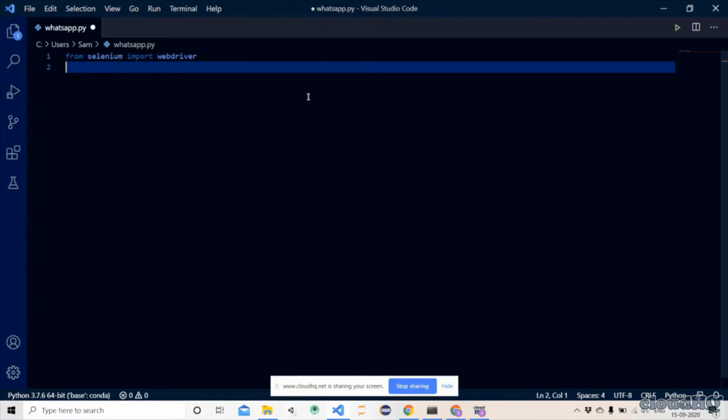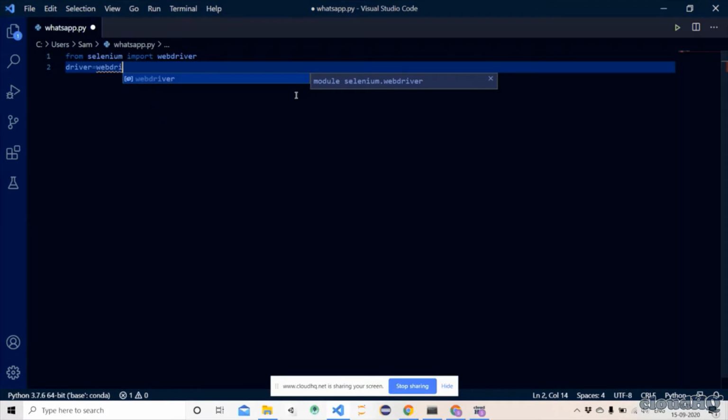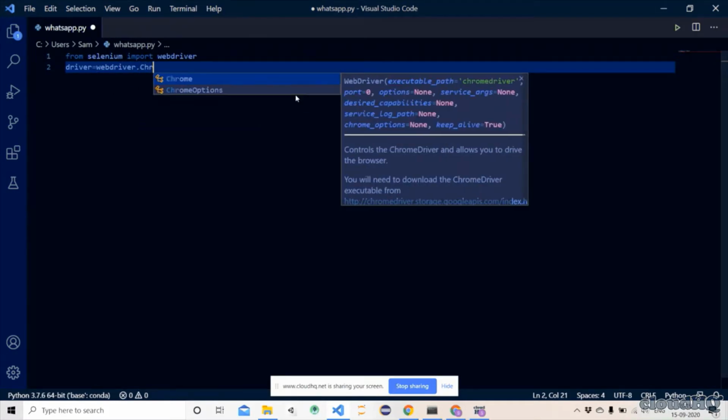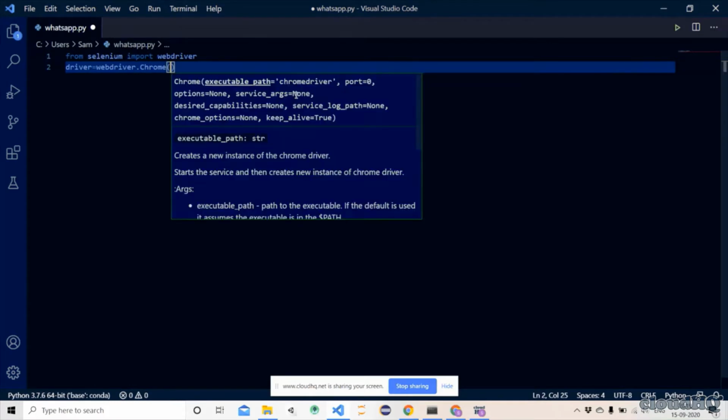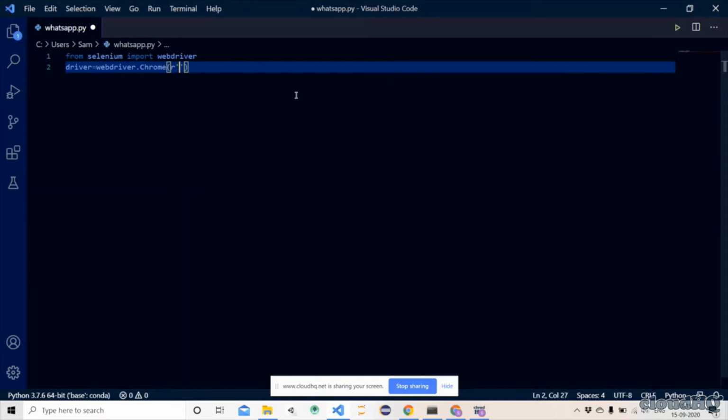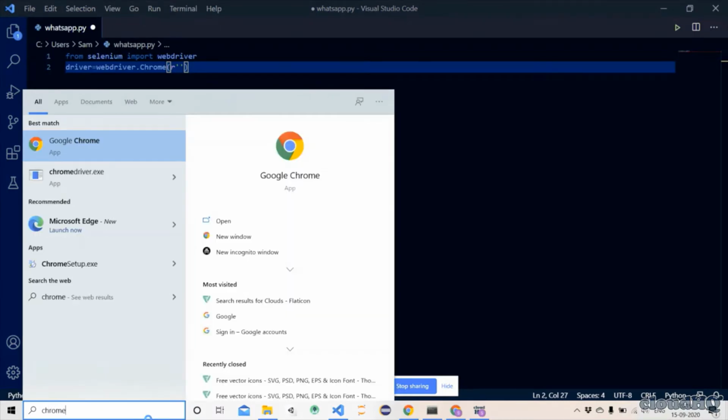Then we would specify the path of our WebDriver, which means where we have downloaded our Chrome driver. I would write webdriver.Chrome and specify the path here.